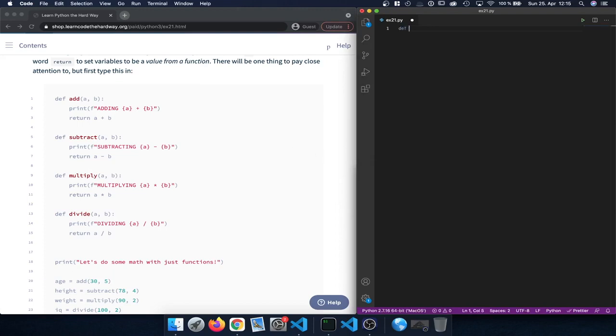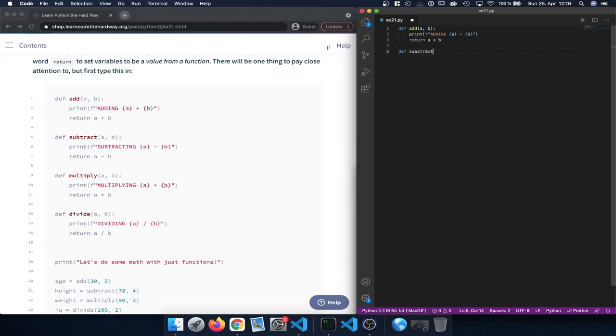It's a Python file, and this opens a new file, and we can get started by writing out, first of all, the function definition of the first function, which is the add function here. First of all, we are going to use printf to print out adding a plus b, which are the two parameters that we defined for the add function. So we're basically writing out adding the value for a plus the value for b. And now this is new. We're going to return a plus b, so the sum of the two values,